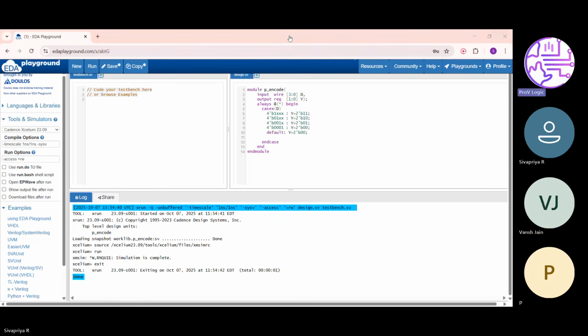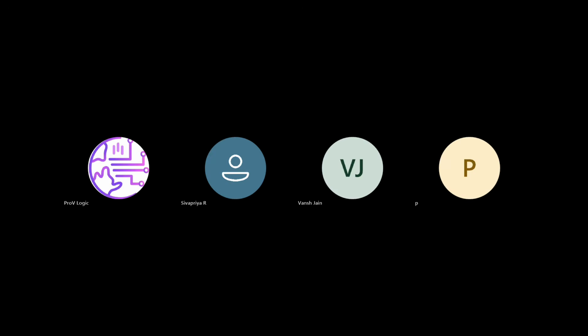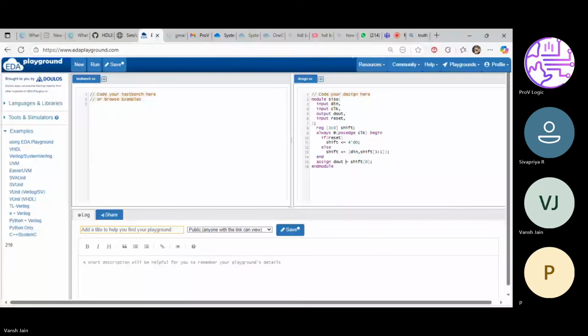Yes. Can you share your screen? Are you able to see? Yes. Can you just copy this code and paste it in Vivado, and show me the circuit of it? Sure.